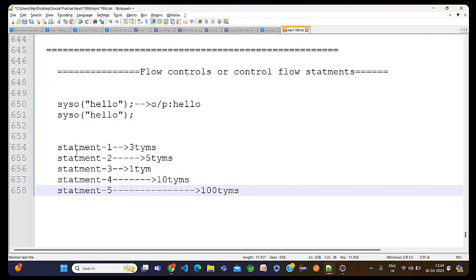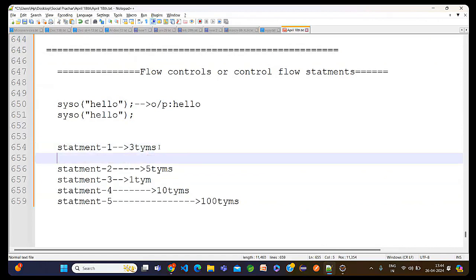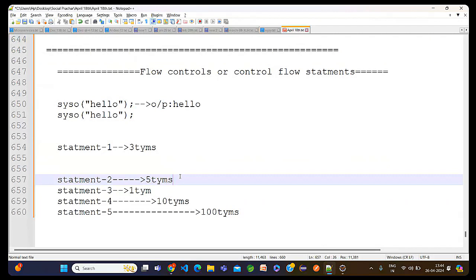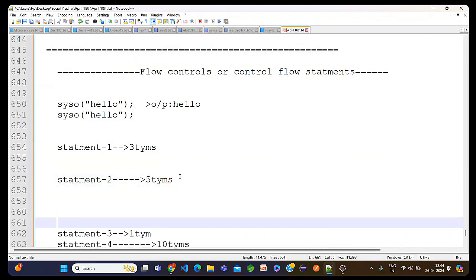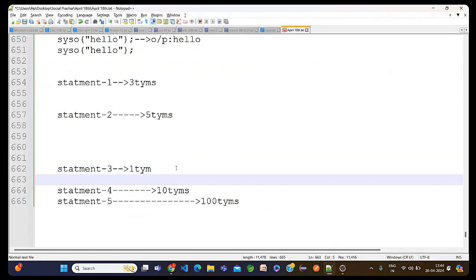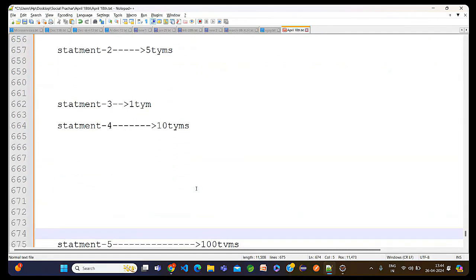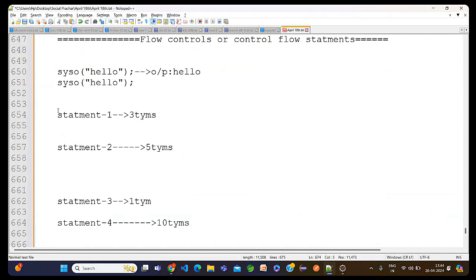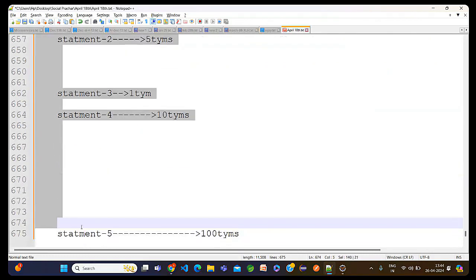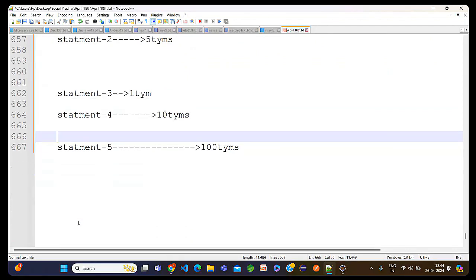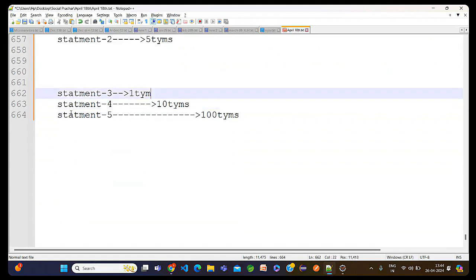We have only five statements, but the first statement I want to execute three times: one time, second time, third time. The second statement five times: one, two, three, four, five. Then one time, and again 10 times: 1, 2, 3, 4, 5, 6, 7, 8, 9, 10. We have only five statements, but how many lines of code do we need to write? To avoid this many lines of code, we can use the flow control